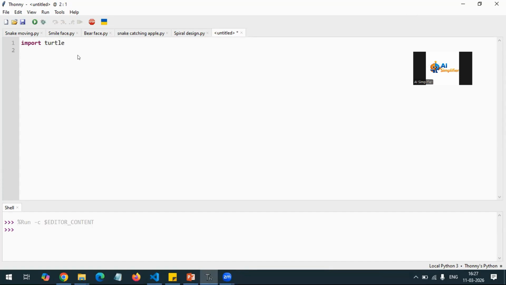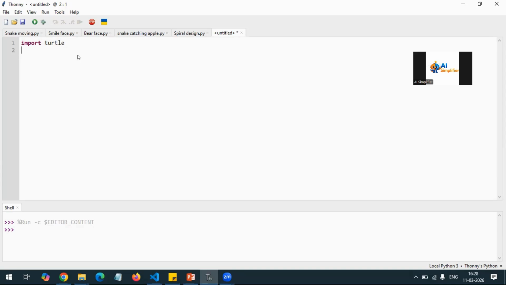Turtle is basically a Python library which is used for drawing graphics. You can draw shapes, lines, and pictures using a moving cursor, and that cursor is basically a turtle. Or you can understand it like you have a robot pen.